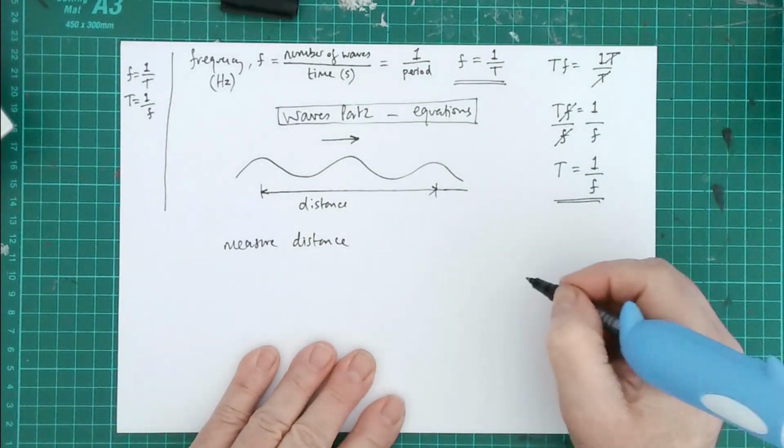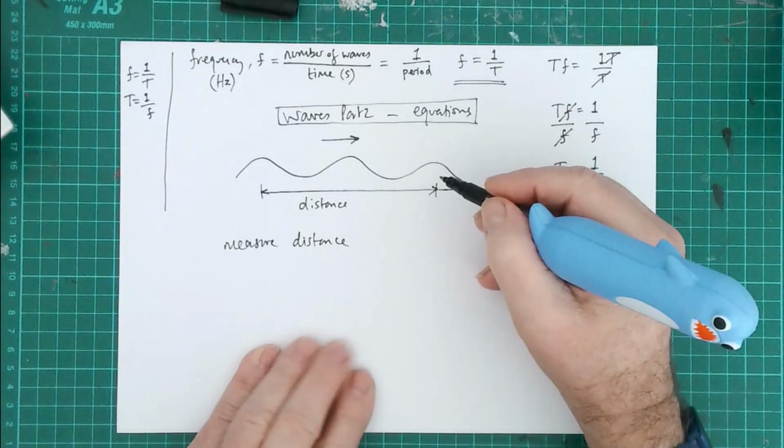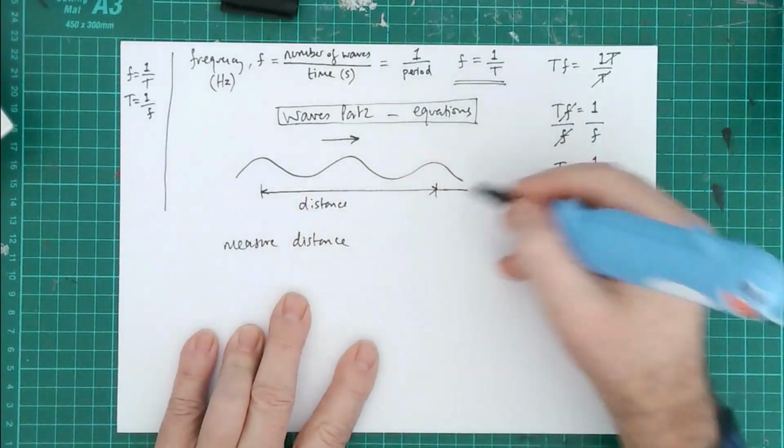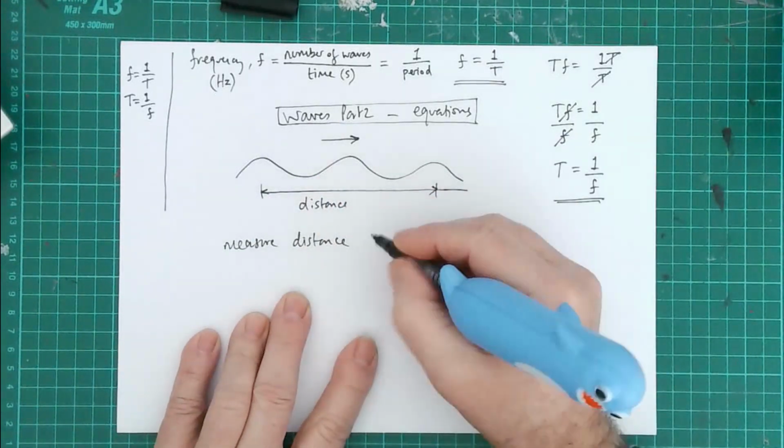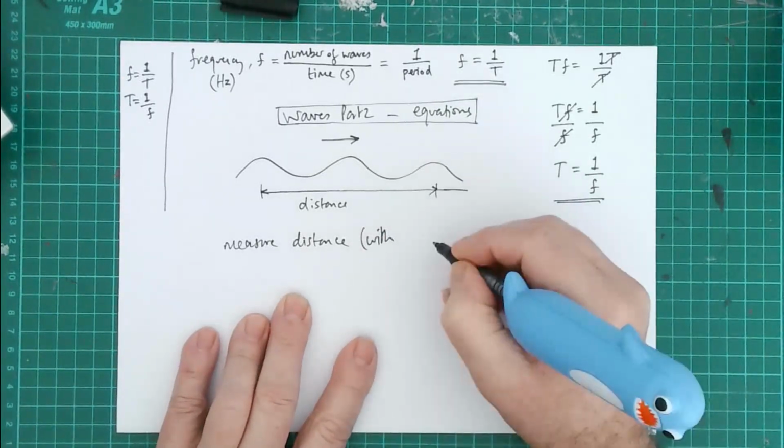It might be difficult. I might get wet if I'm in the sea, but let's imagine it could be any wave we could be talking about here. I can measure distance with a variety of different pieces of equipment,